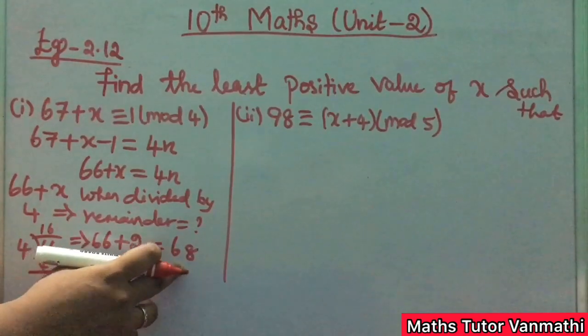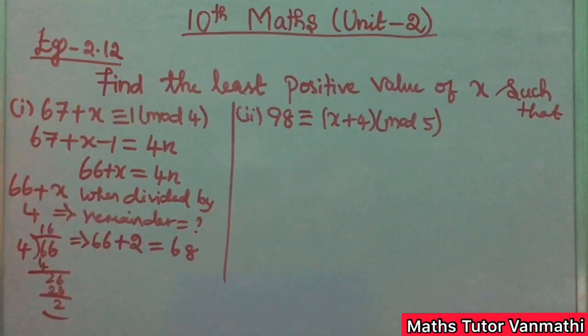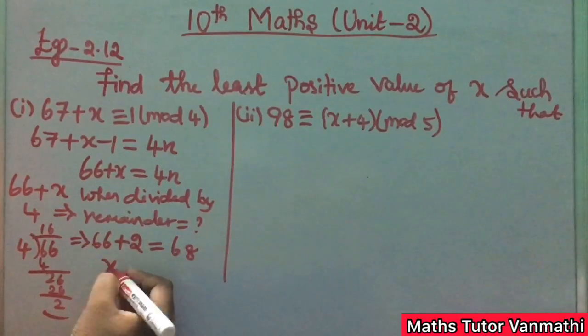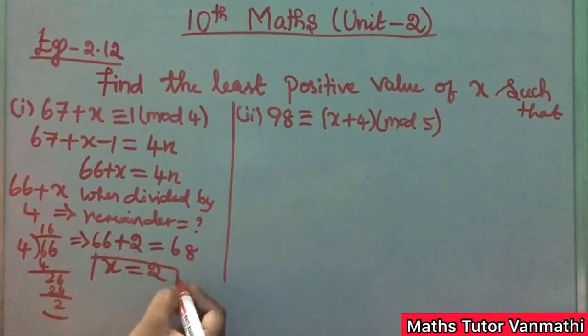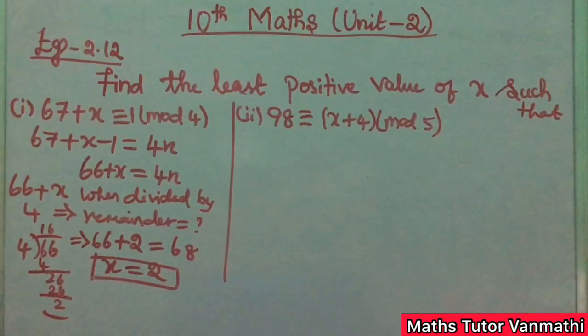68 is divided by 4 and leaves the remainder 0. So your x value is 2. Clear? Next is